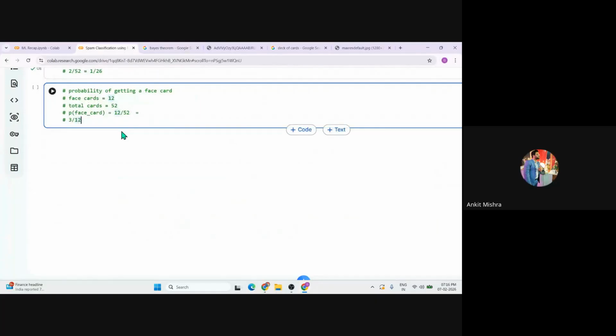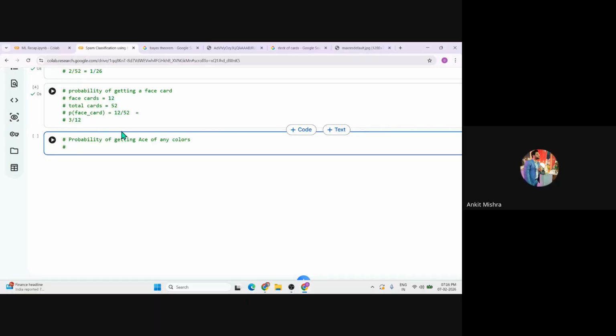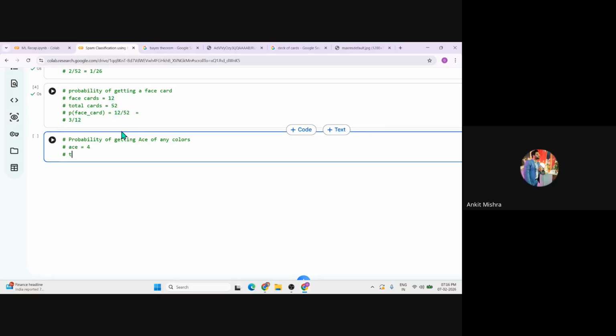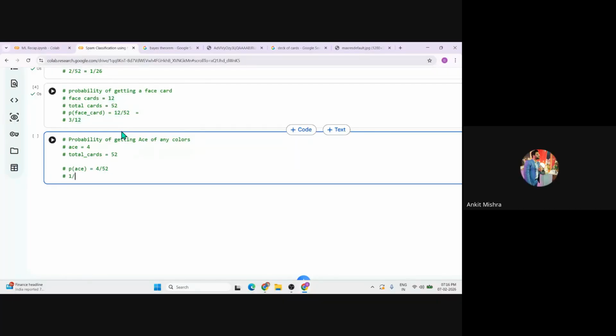So the probability of getting ace of any colors is 4 by 52, and it is 1 by 13.